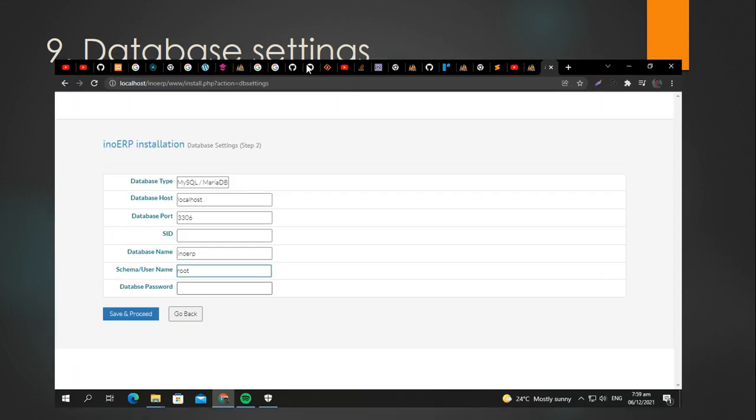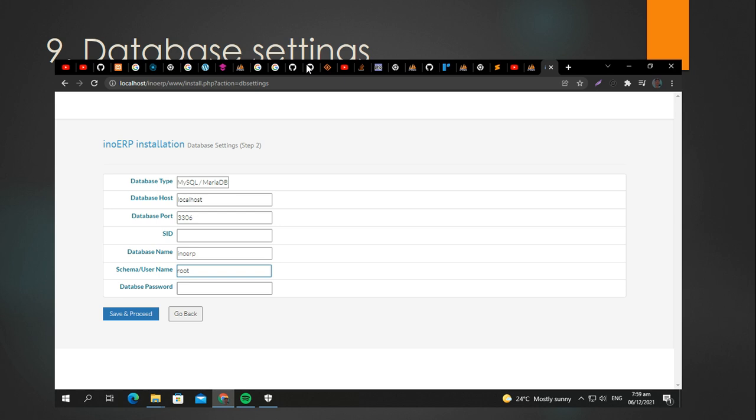After you click that, you need to fill this in. The database type is MySQL or MariaDB, the database host is localhost, and the port is 3306.